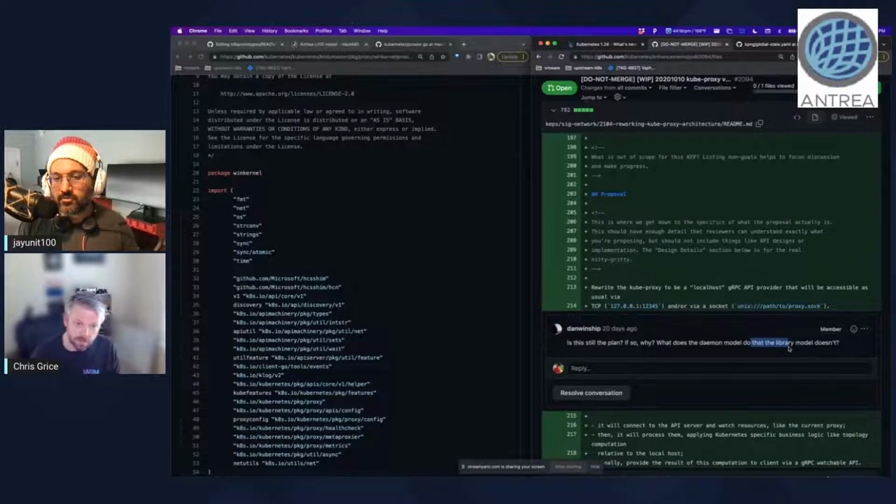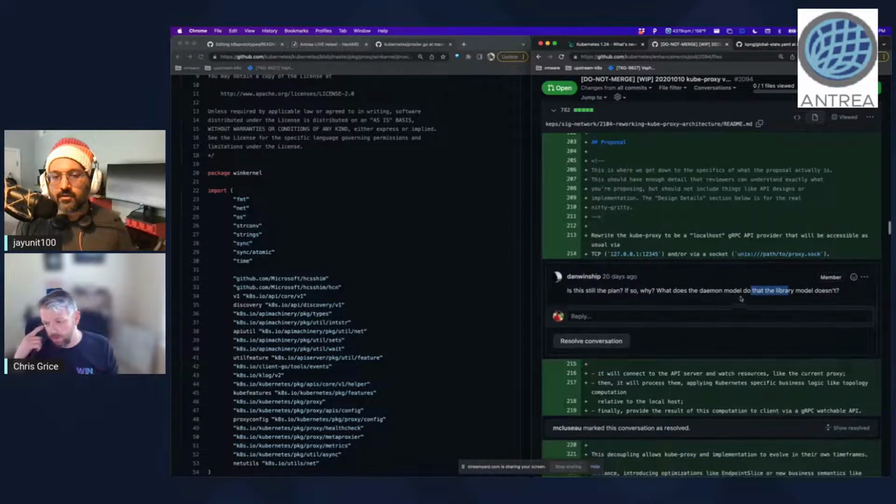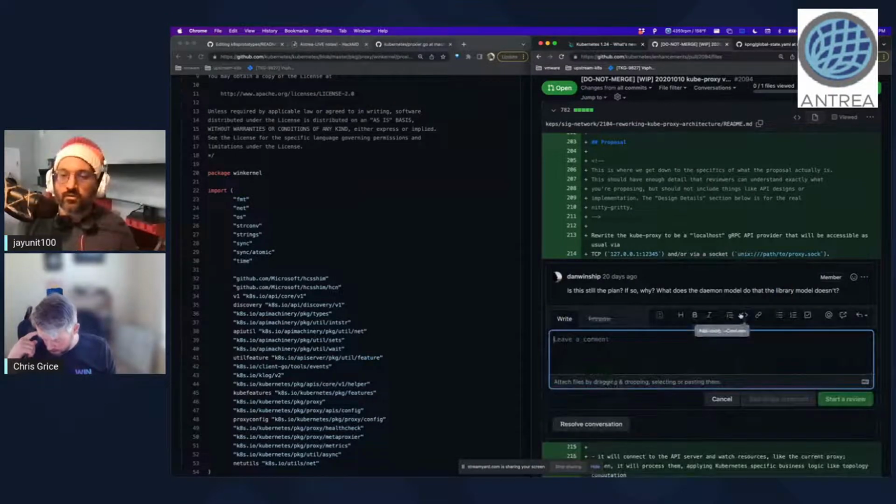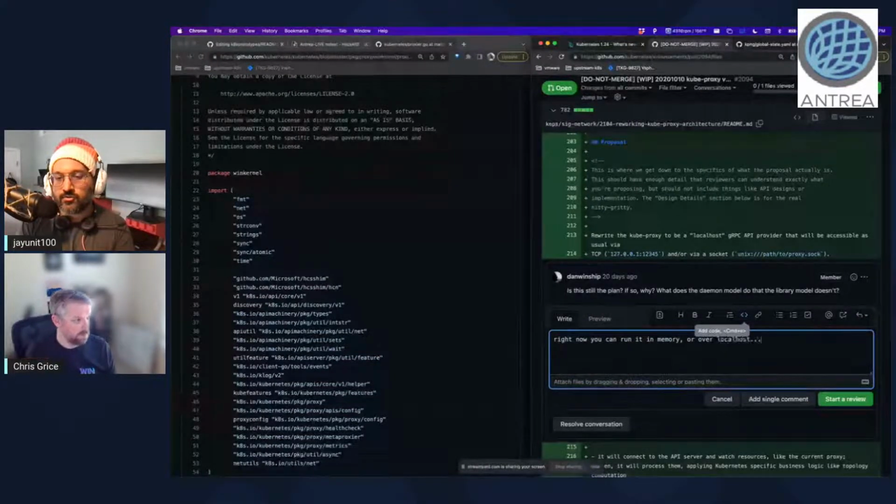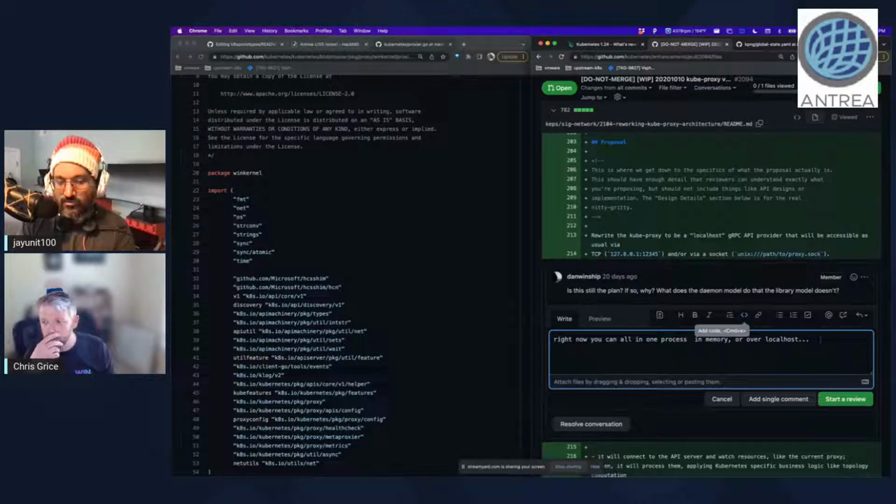Rewrite the kube proxy to be a localhost gRPC that will provide access via. Right now, you can run it in memory or over localhost, all in one process in memory or in localhost. So, because when we run KPNG now, you can send it using the to API and to backend flags. Check out